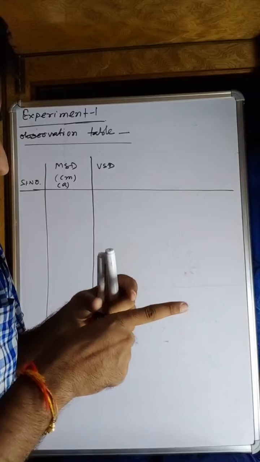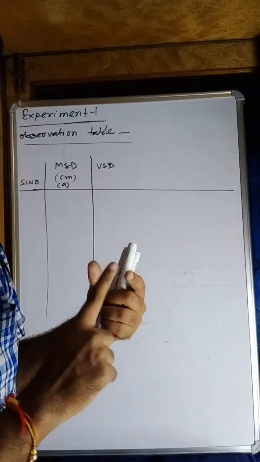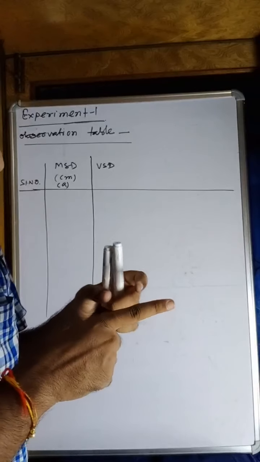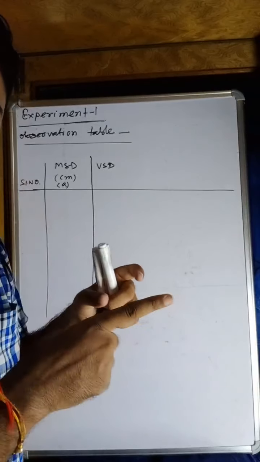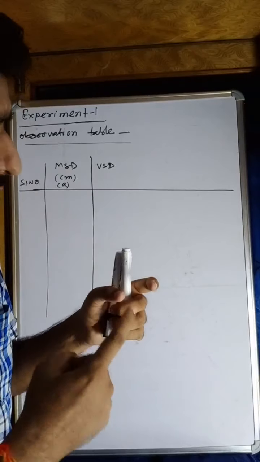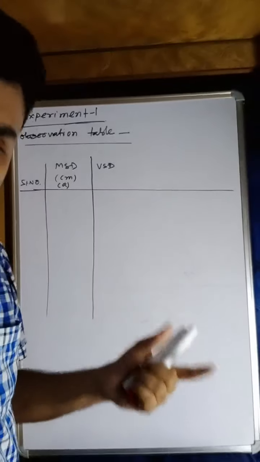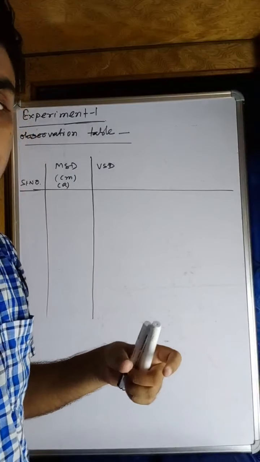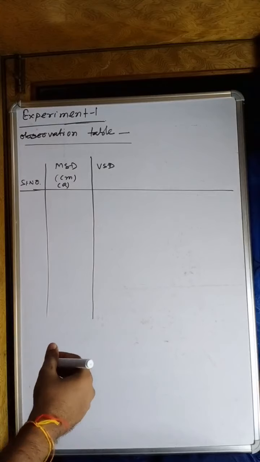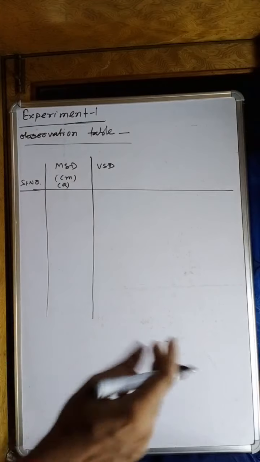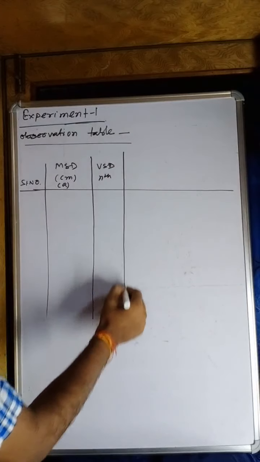If you see it moving, any one division of the vernier scale will coincide with a division of the main scale. So you have to count the number of the division on the vernier scale. If the fifth one is coinciding, the vernier scale division will be 5. If the fourth one is coinciding, it will be 4. So the vernier scale division is the nth, the 5th, 4th, 6th, 7th, whatever it may be.